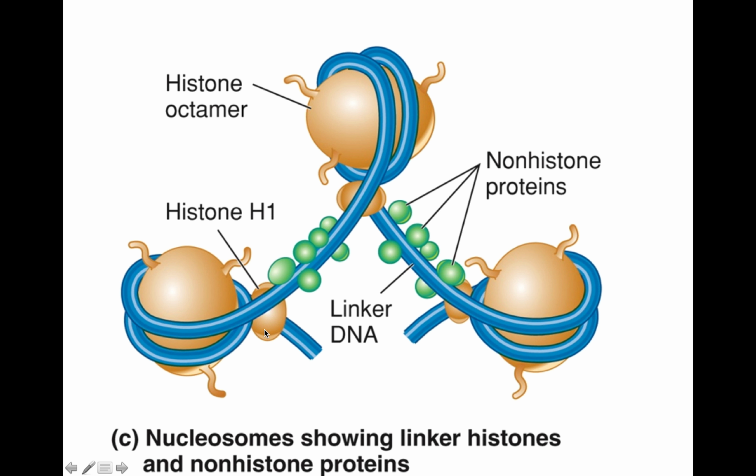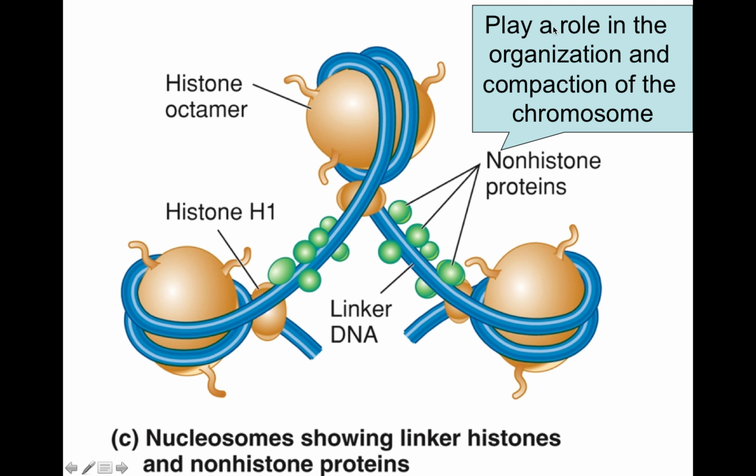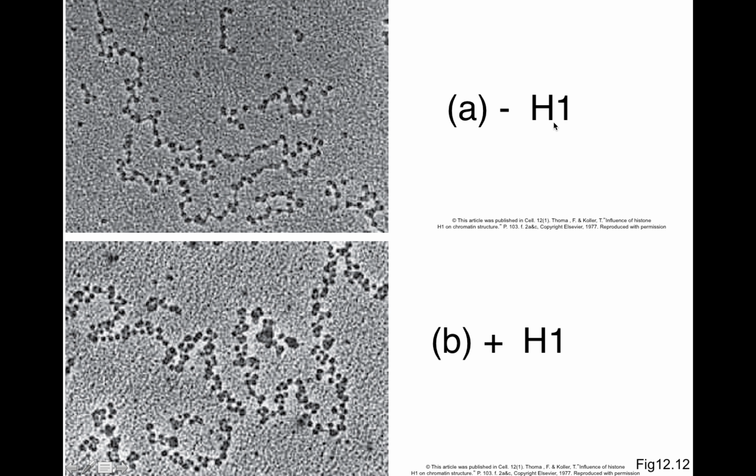Okay, what does this H1 do to our 10 or 11 nanometer fiber? These proteins play roles in organization and compaction of the chromosome. They also play roles in gene expression. The H1 has a very critical role. If you look at DNA fiber without H1, it is our 10 nanometer fiber. It is just the beads on a string. DNA and a nucleosome, DNA and a nucleosome, a very long, linear, stretched out